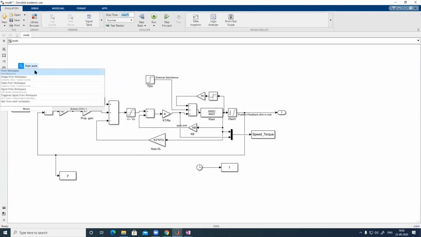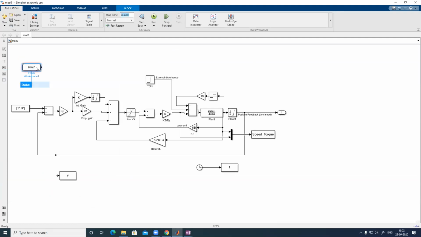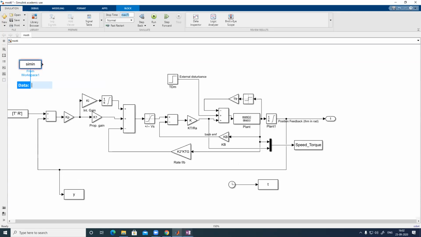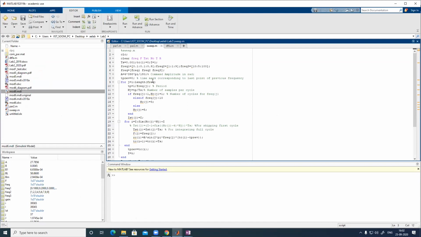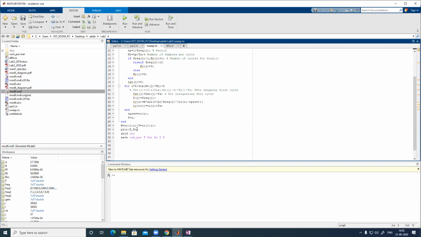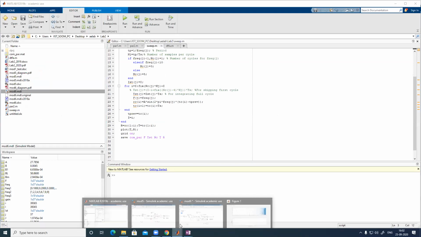So from workspace it is generating as a vector T and R. T dash R dash is the transpose of that one. Dash is for transpose only. What data will it be giving as input to the workspace? Will it be giving the plot as the input? No, it is taken from the workspace. You are generating it in seep.m. So it will generate capital T and capital R as vectors. That vector only you are giving here.